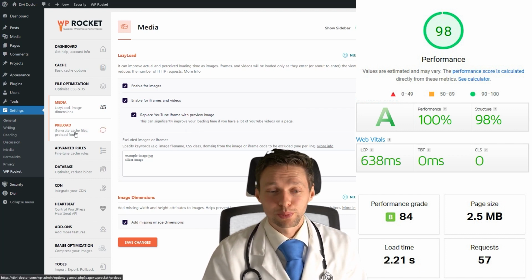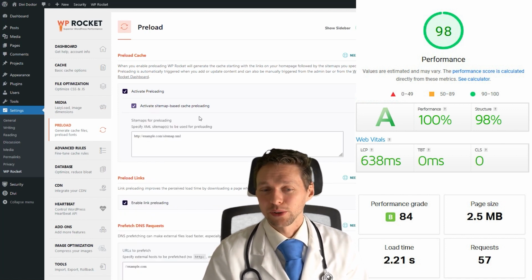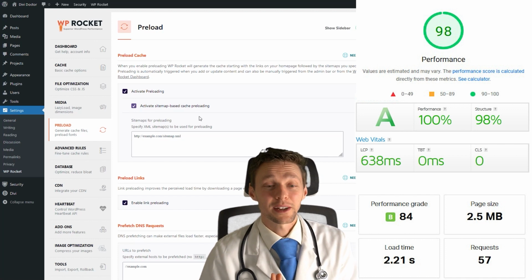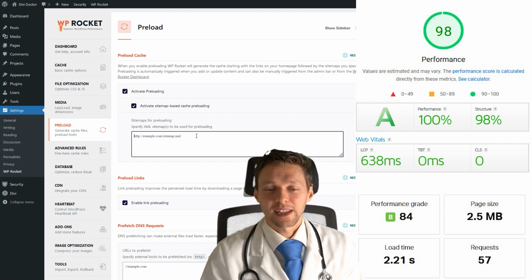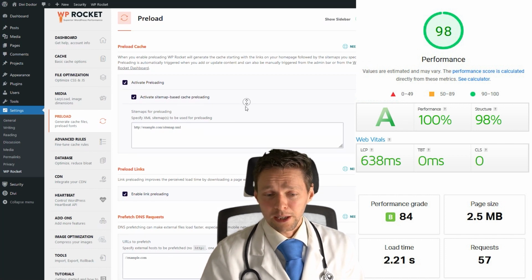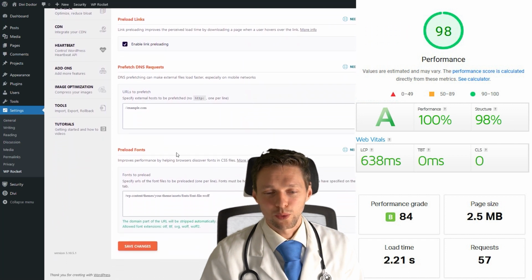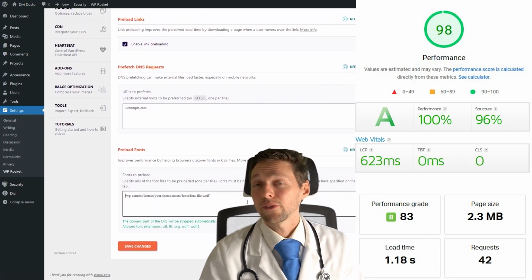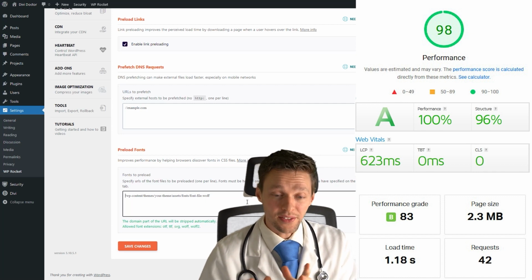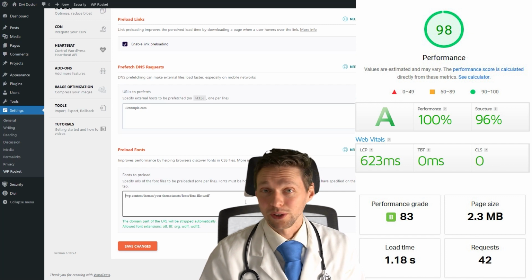All right, let's go to preload right there. And then you press activate sitemap based preloading. I don't have a sitemap on this website, but you should have something here like from Yoast or Rank Math, which is excellent. Just leave it on. Link preloading is already set to on, and preloading fonts is already working for us. So press Save Changes. I must point out with preloading fonts, if you do have a font that you have manually added and is not in this list, please add it in there and it will save you a bunch of time loading those fonts.